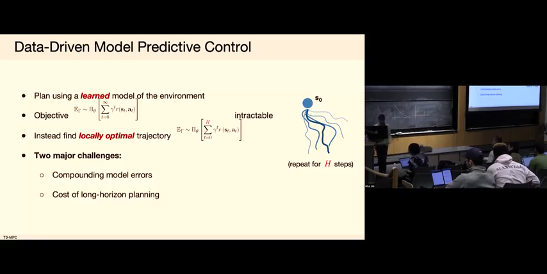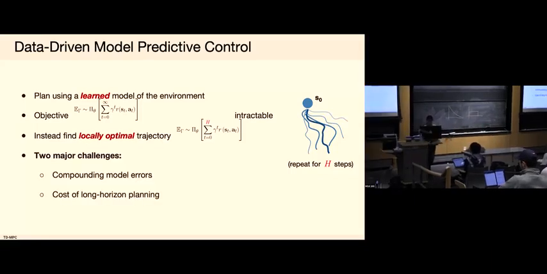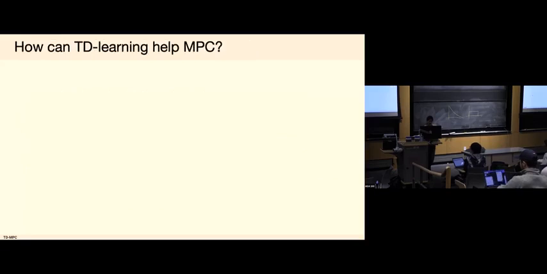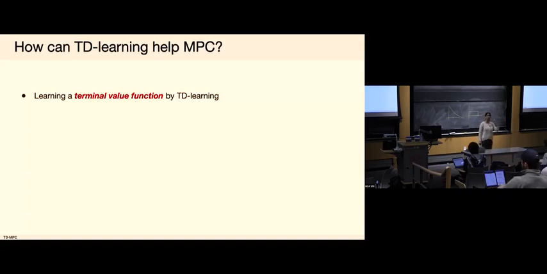Okay, great. So the problem with models is that they compound error, that there is low horizon planning, and it's very costly and so on. So here is one idea that I'm not sure this paper was the first to introduce, but I really want you to know about it. So here is the idea.